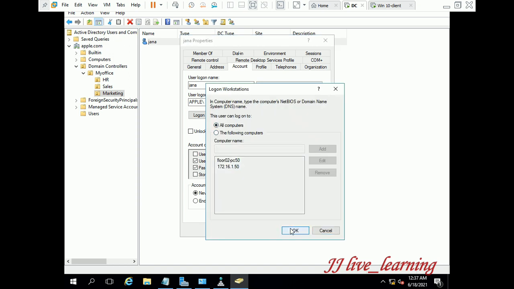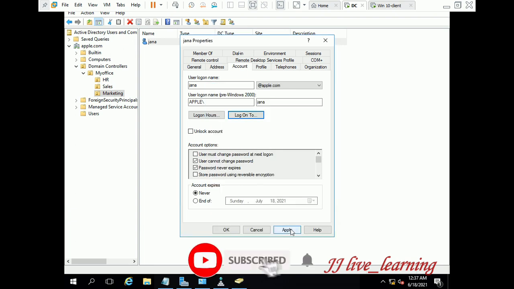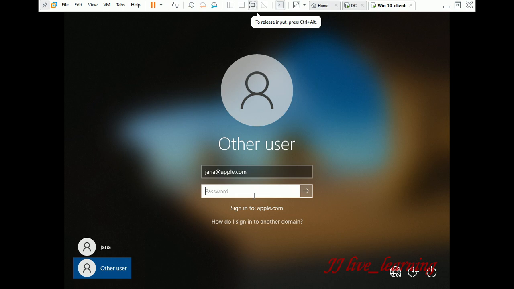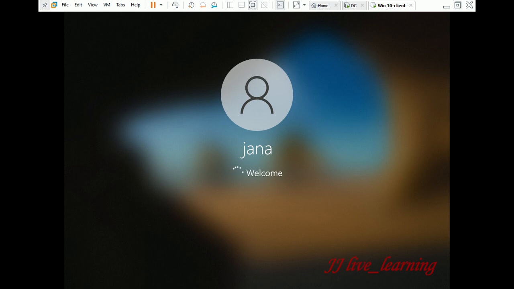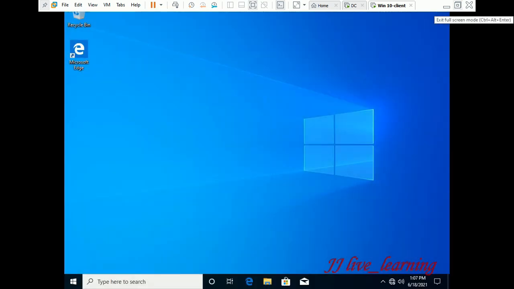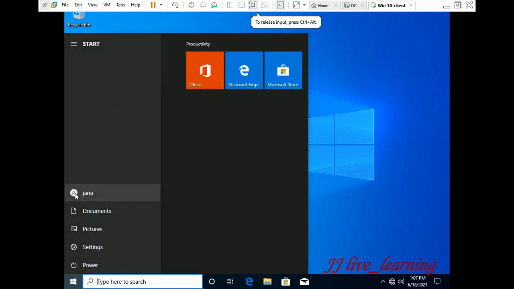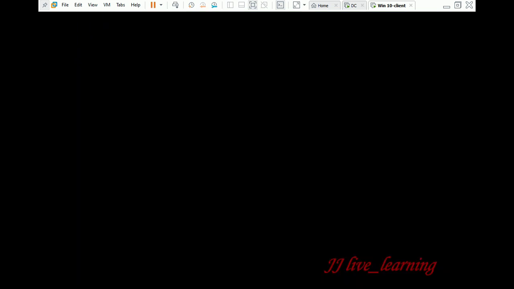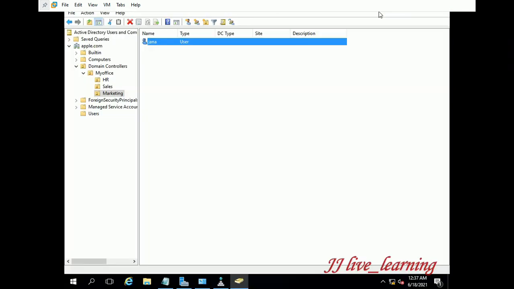We are moving to the next part, that is Logon Hours. By giving the credential, the user can log in now. So now we can see the logon hours.